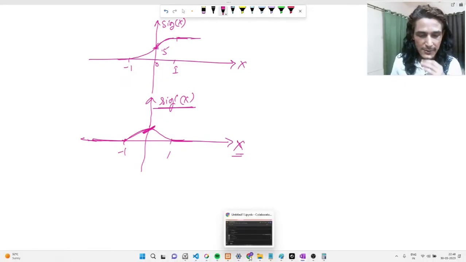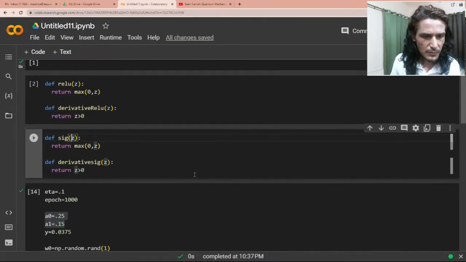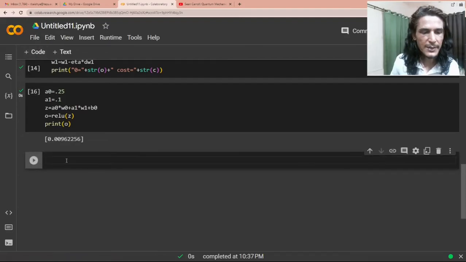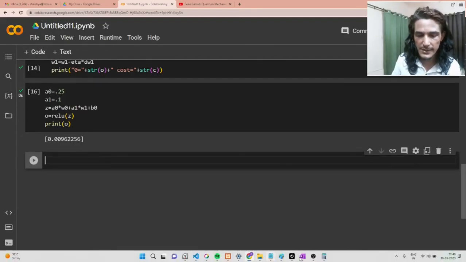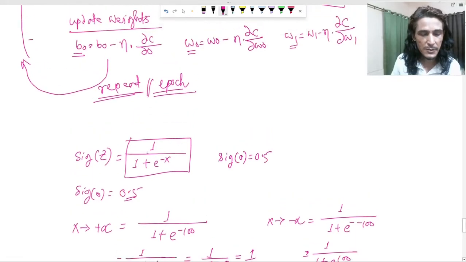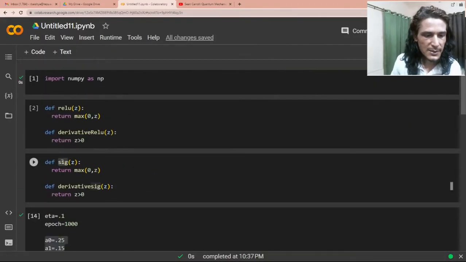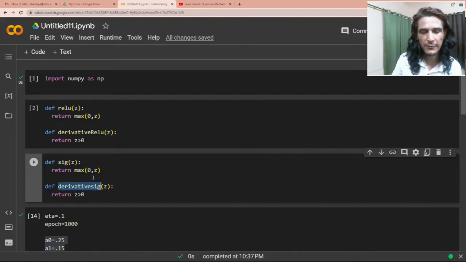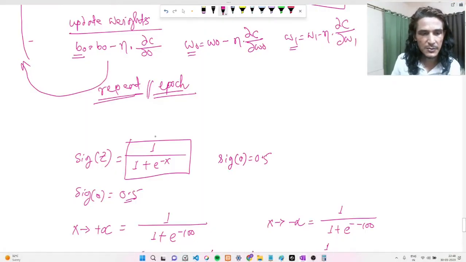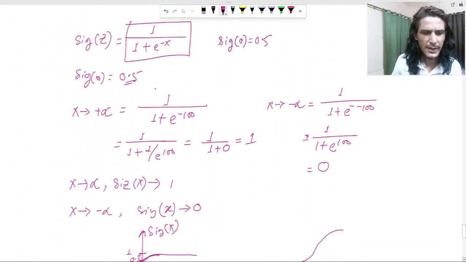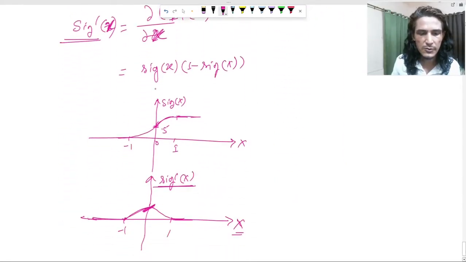Now, the point is, let me write the sigmoid function. Our interest was to write this sigmoid of z and the derivative of z. But before that, let me show you that whatever I'm telling you about the sigmoid function is true. Because we want to implement the sigmoid and the derivative of sigmoid, I have to tell you the definition of sigmoid. The definition of sigmoid is directly implementable, and the derivative of sigmoid